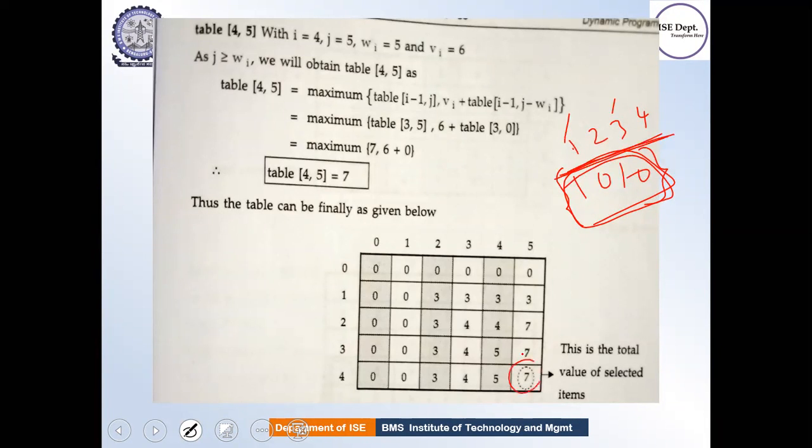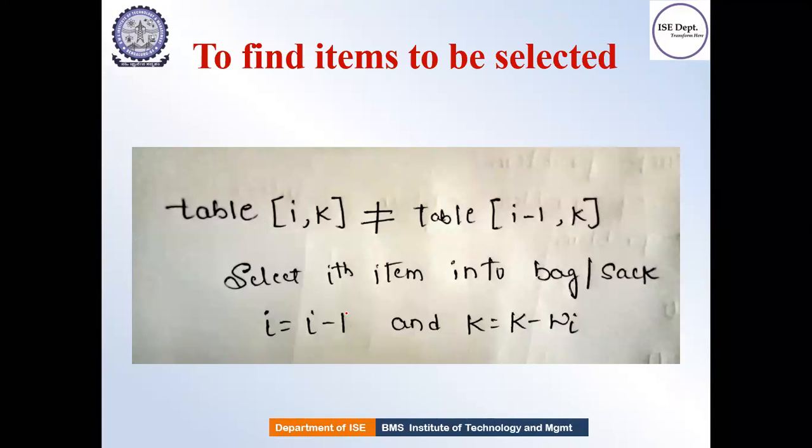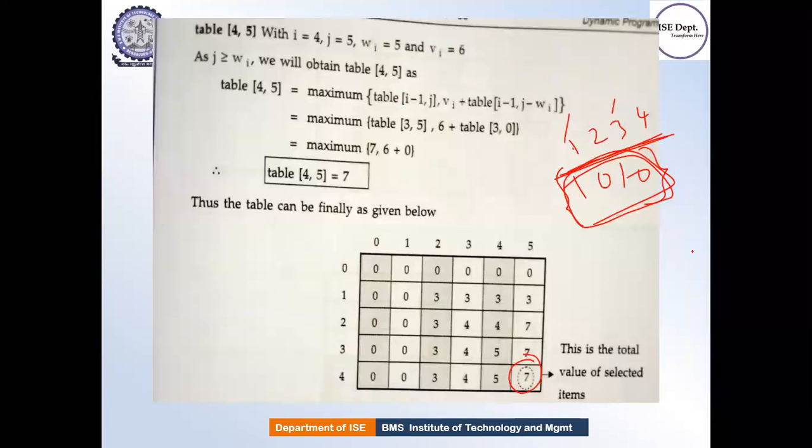So start from the maximum value. In this case, the maximum value is 7, right? Start from here and then go back. Again you have a formula here to do this. Just remember: if table of i comma k is not equal to table of i minus 1 comma k, which means the previous value, then